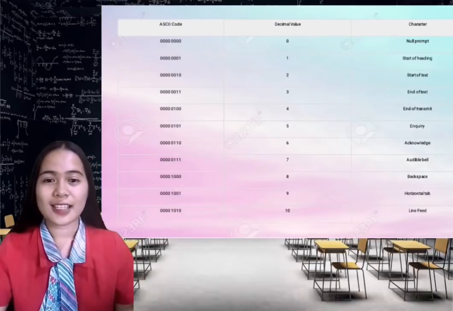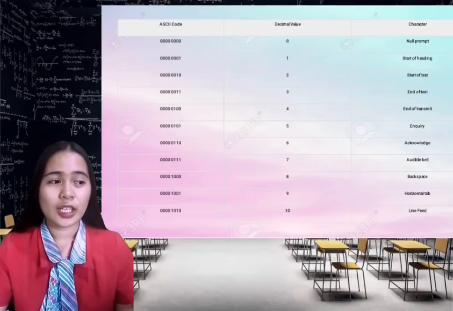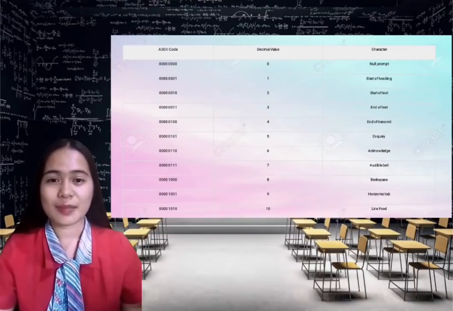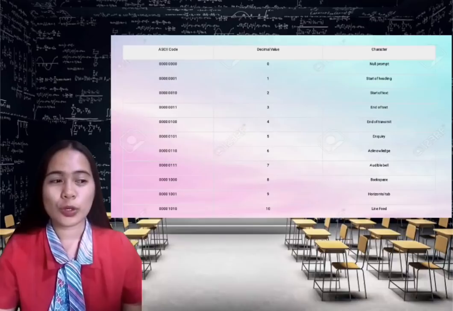00000110. Next, the audible bell character, a control code or an alert used to sound an audible bell or a tone in order to alert the user, with a decimal value of 7 and the code is 00000111. Next is the backspace, a control code which deletes the preceding character, with a decimal value of 8 and the code is